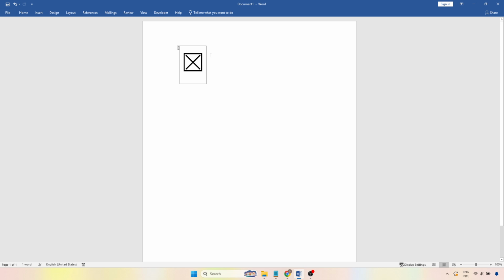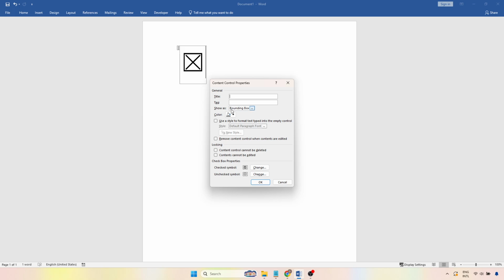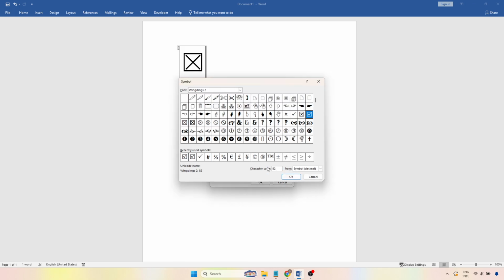Select the checkbox or place your cursor directly next to it. Return to the Developer tab and click the Properties button. In the Content Control Properties dialog box, look for the Checkbox Properties section near the bottom. Next to the Checked Symbol option, select Change. When the Symbol dialog box opens, choose the Wingdings 2 font. From there, select one of the available checkmark icons and confirm by clicking OK, then OK again to apply the